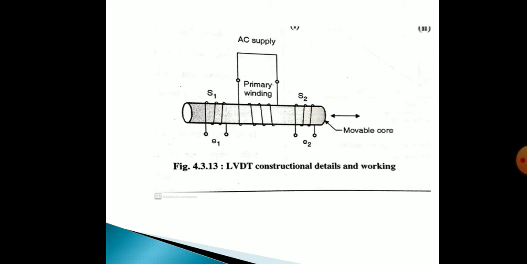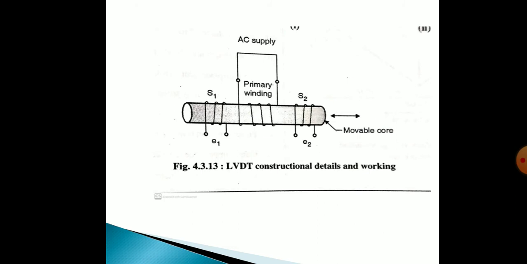EMF is induced on the secondary due to mutual induction. The amount of flux linkage with the secondary is decided by the position of the core. With the core in the exact center position, the flux linkage with the two secondaries is the same, hence equal voltage is induced in them. The two voltages E1 and E2 are equal in magnitude but opposite in phase, since the secondaries are connected in